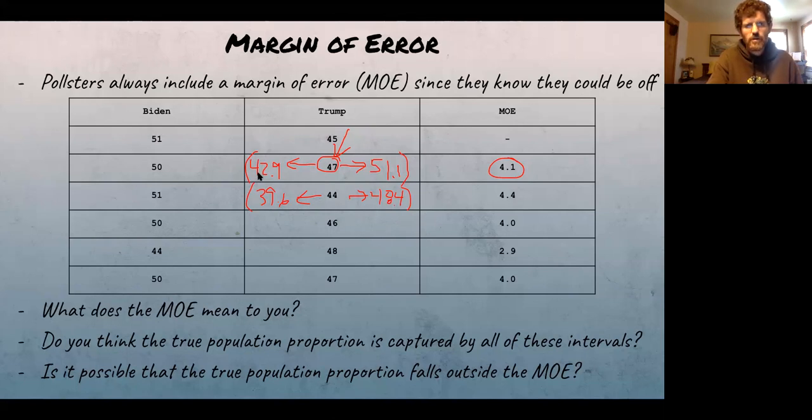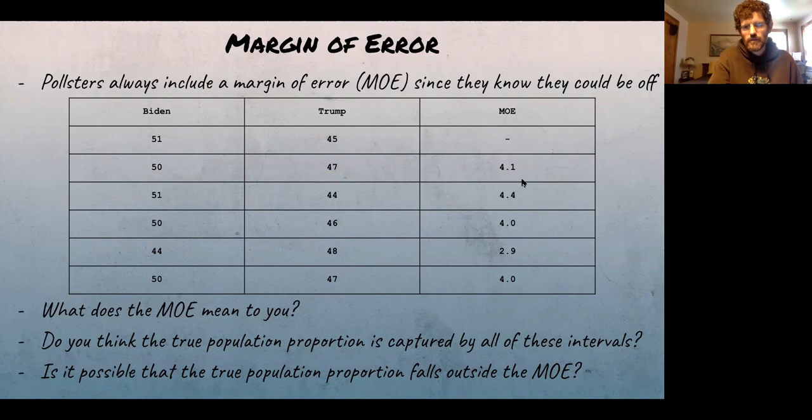But you can see there's some overlap here, 42.9 to 51.1, 39.6 to 48.4. So there's some overlap between 42.9 and 48.4. If we create it for all of these, we can see there's going to be some overlap. All right. So it's these confidence intervals that help us realize where the likely outcomes are going to land. Okay. Again, margin of error, hopefully pretty straightforward.